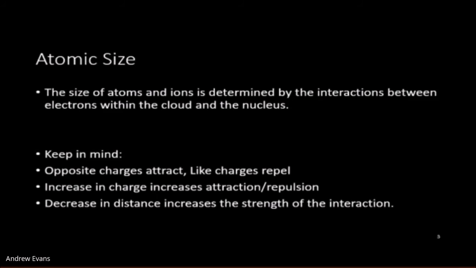But we're going to use this to look at atomic size. We're going to use this to look at how the electrons are lost and gained, among other things. And this is going to be useful if you have to take any degree of organic chemistry. You have to be able to think about, what does it mean to be electronegative? What does it mean to be a big atom versus a little atom? What does it mean to have electropositivity or electronegativity? All these things will control reactivity on an organic level.